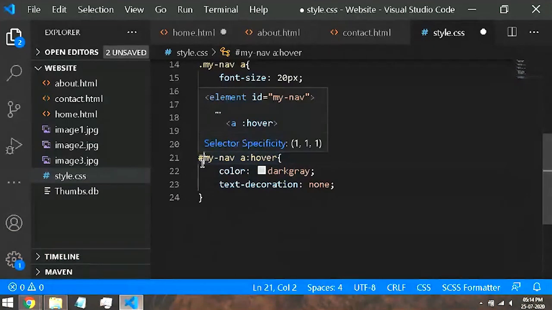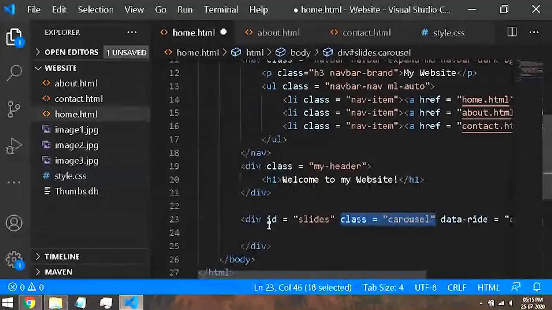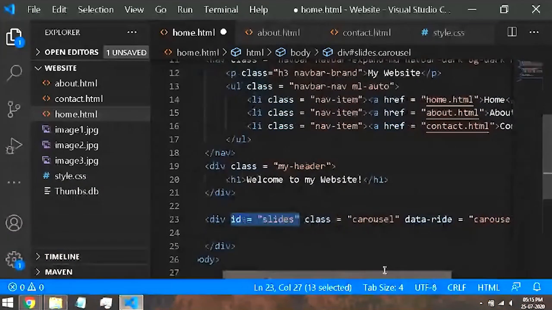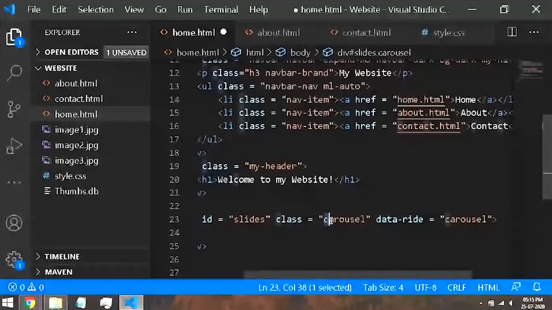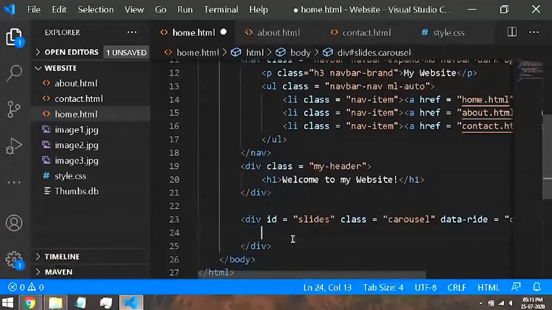Mynav is an ID. So I will revert my change and I will go back to my HTML page. Here I said id of slides and data-ride carousel. And also make sure that your spelling is correct. So C-A-R-O-U-S-E-L. Yes, carousel.